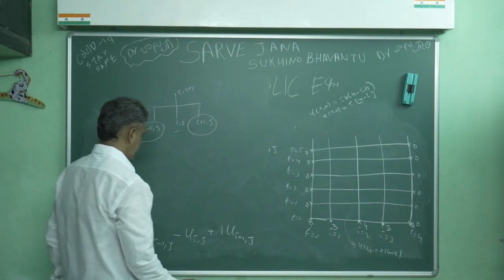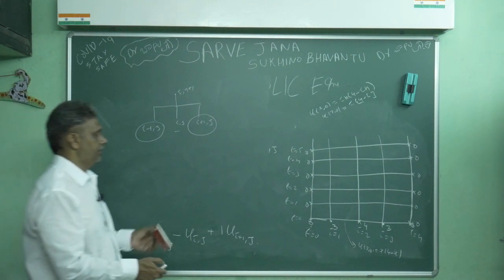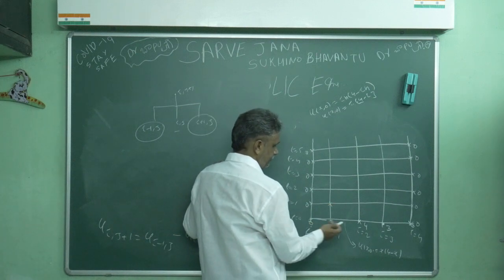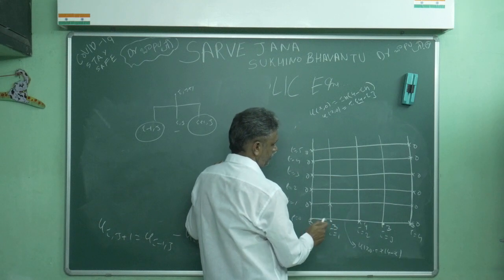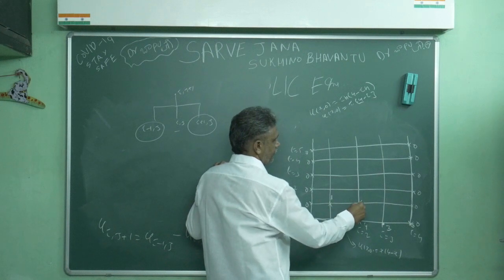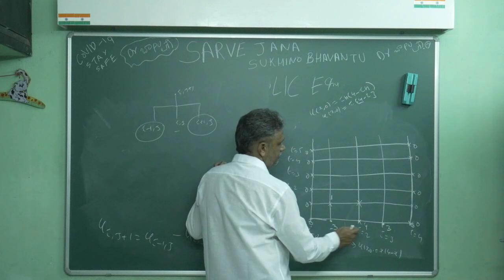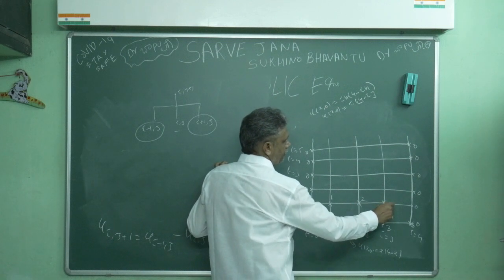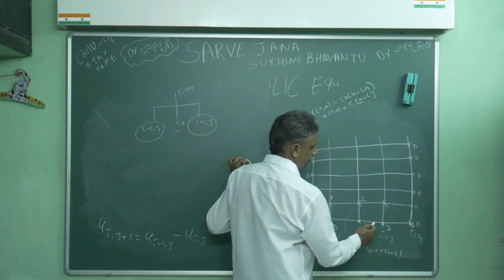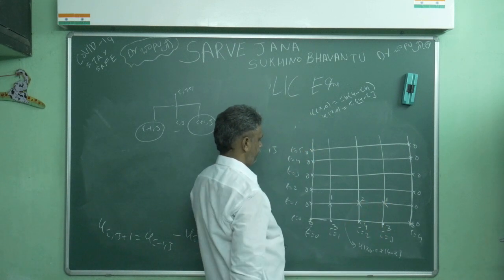Now I will do it. Don't worry about the ij values, just start the game. To find this value, I take this fellow plus this fellow minus this fellow. 0 plus 4 is 4, 4 minus 3 is 1. Finding this value, this plus this minus this: 6 minus 4 is 2. Finding the next, 4 plus 0, this value is already 0, minus 3, is 1. Happily I got it.